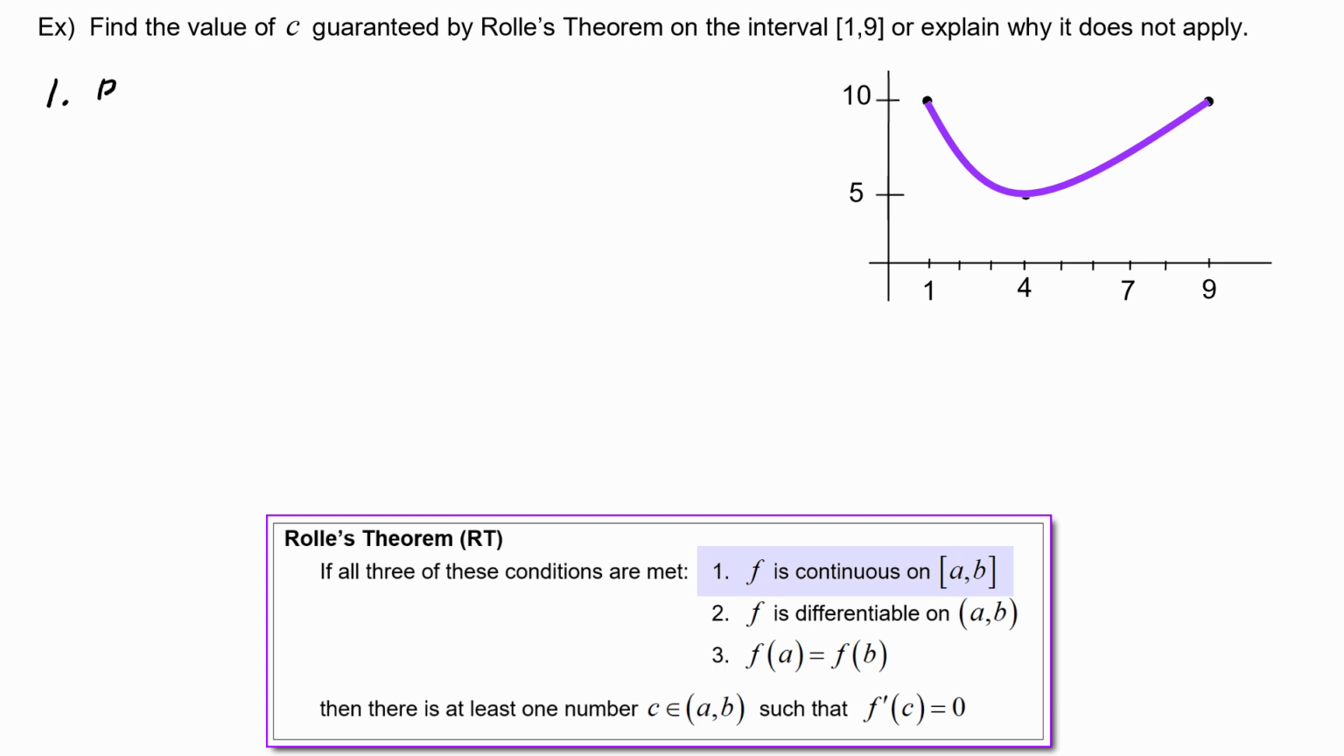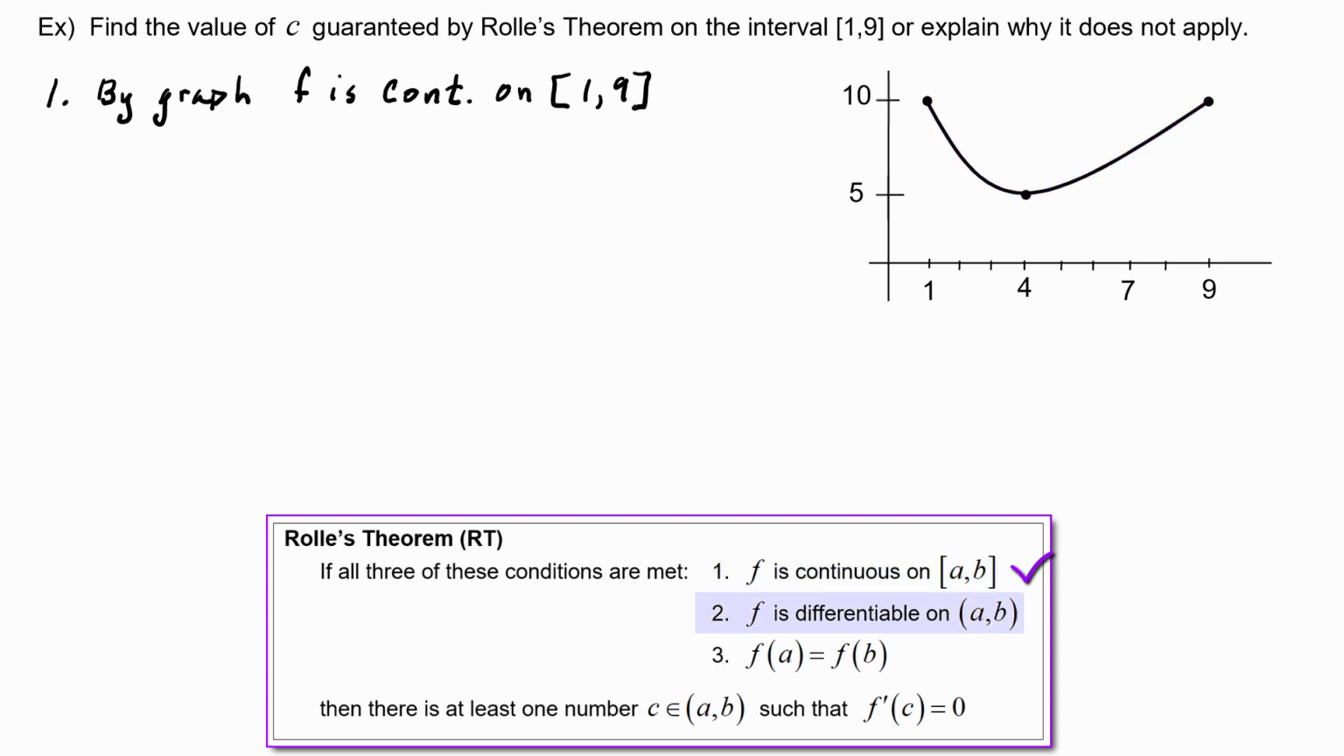So by the graph, f is continuous on the interval from 1 to 9. Since we have the graph, we can use it to verify the continuity. So we've satisfied step 1. Step 2 is that f has to be differentiable on the open interval. So once again, we are able to use the graph here, and there are no sharp turns,